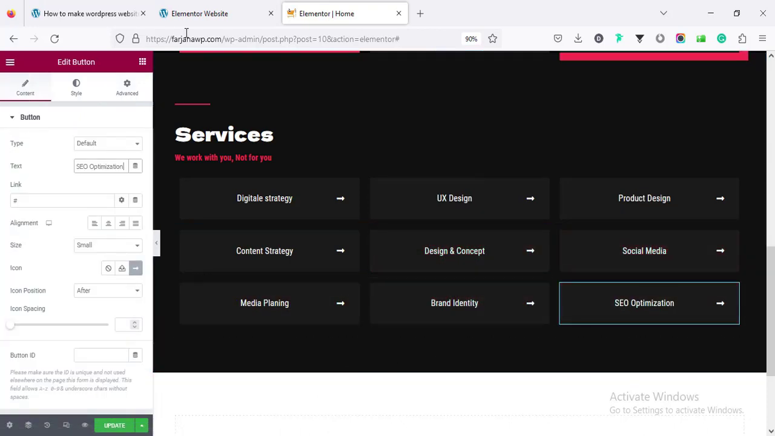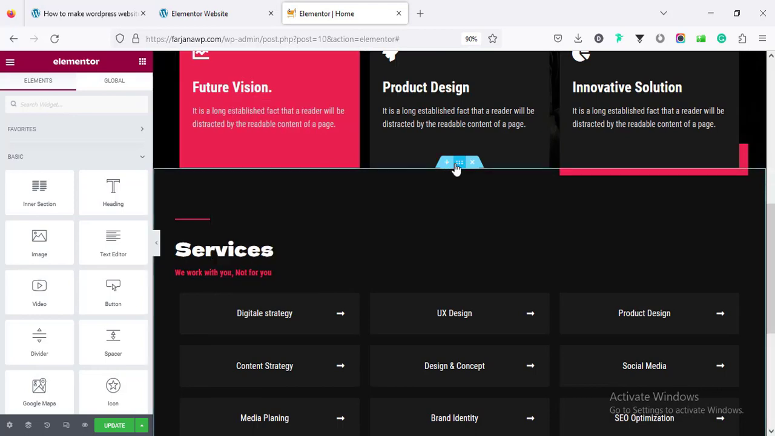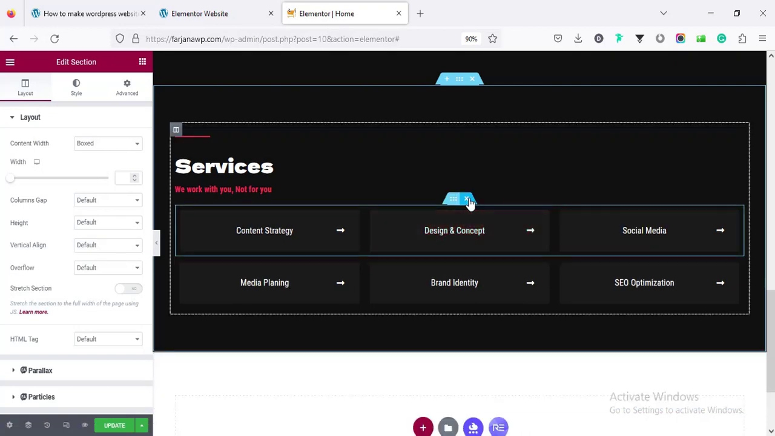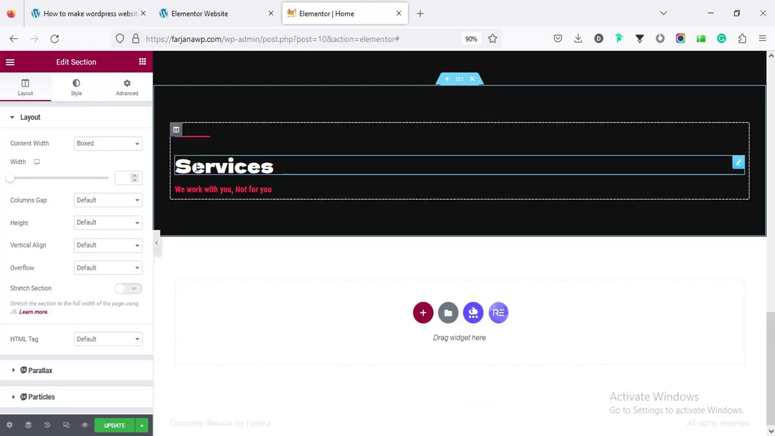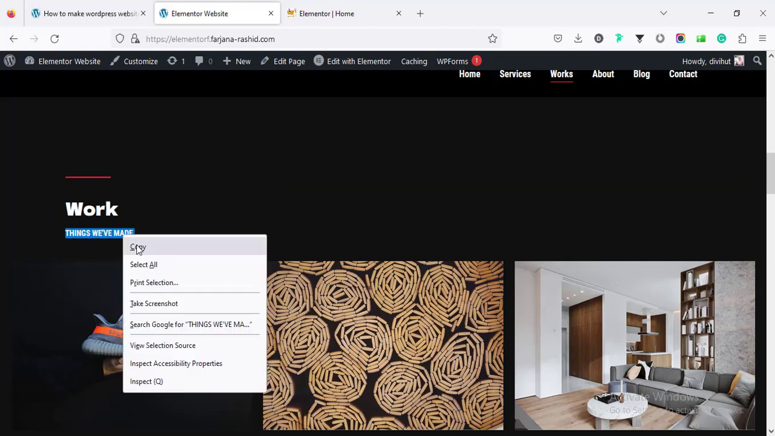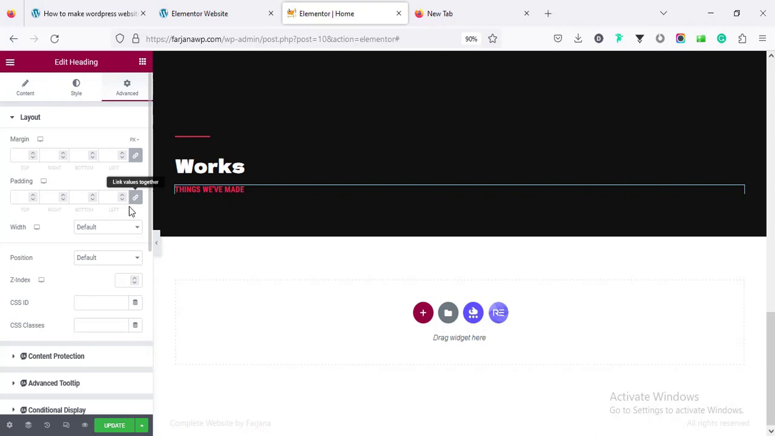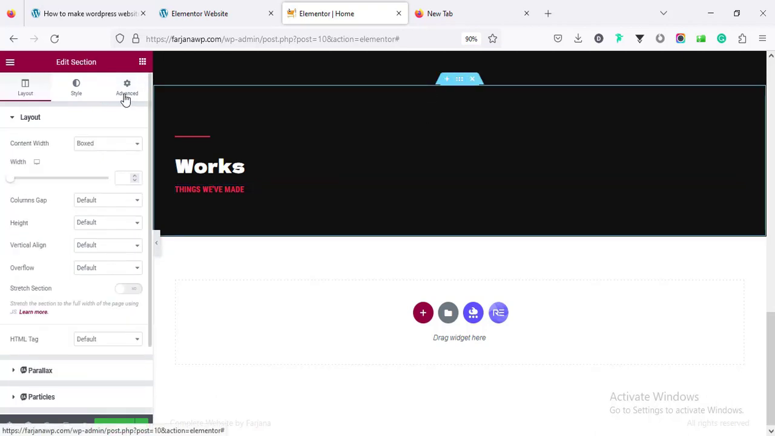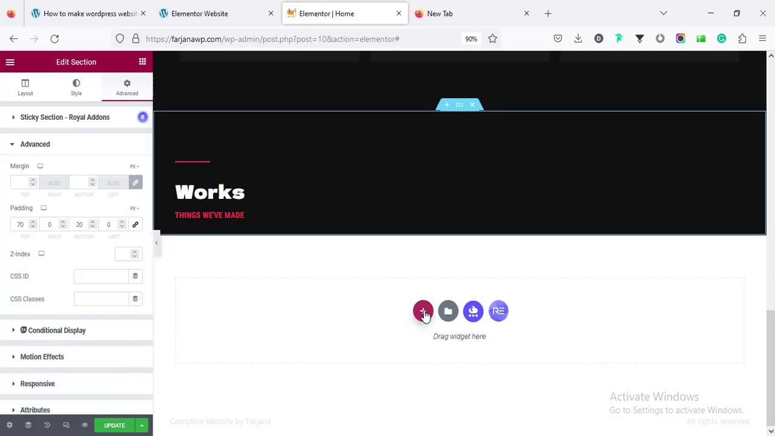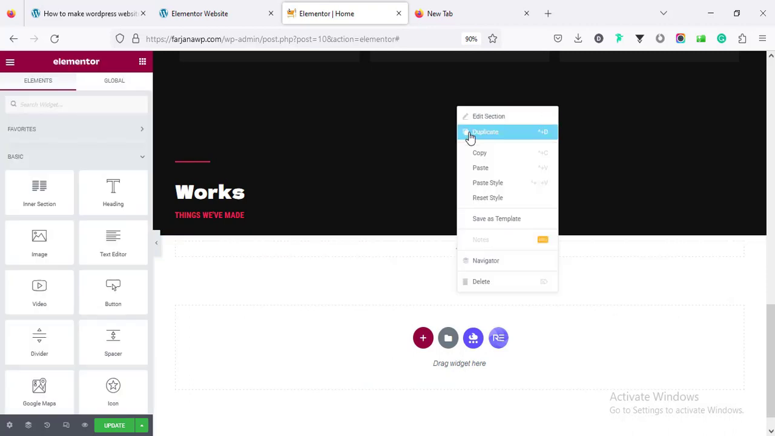Alright, I have updated all the text. Then for the next section, again going to copy the title, or you can duplicate this section first and here I'm going to remove the inner section, and here changing the services to work or works. Going to advanced. For the section bottom, I'm removing the padding. I'm making it to 20 pixel, and then going to take another section for portfolio